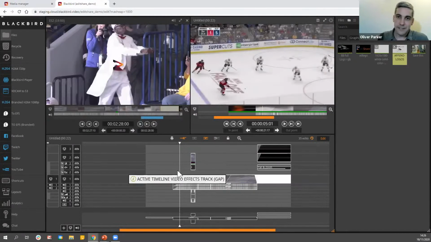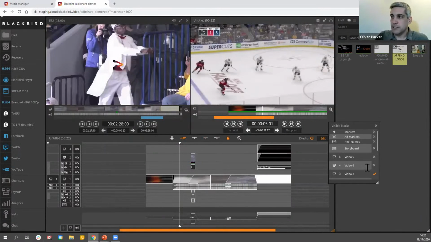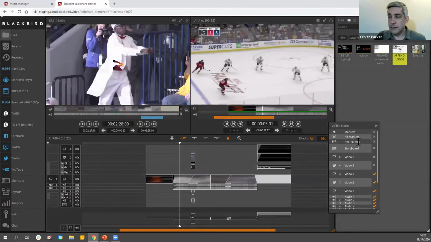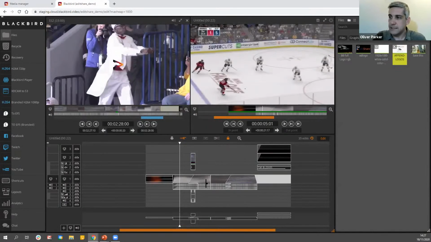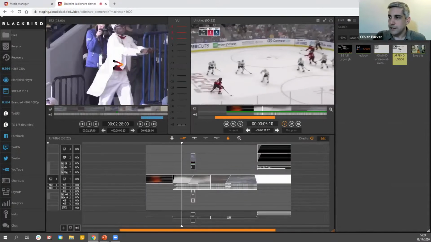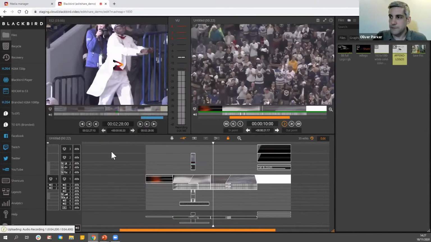And before I hand back to Stephen to have a look at the end of that workflow, just worth mentioning a couple of other things in Blackbird. Obviously, I talked about multi-track editing, audio manipulation. We can see here I have full control and availability of various metadata tracks, commentary tracks, multiple burnt-in subtitle tracks, multiple closed caption tracks that can come from and publish to metadata. We even have the ability to add voiceover directly into the timeline. So if we see here, I can now record voiceover straight into my web browser itself.